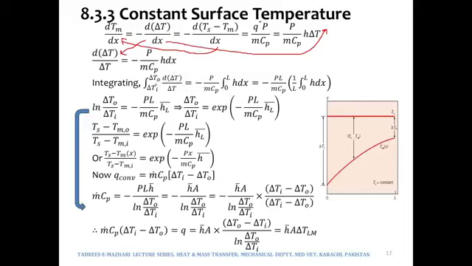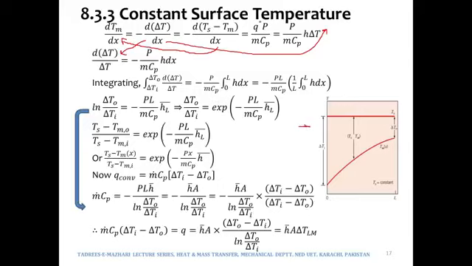if you take a look at the limits over here, the limits are delta Ti and delta T naught. Now what is delta Ti and delta T naught? You may call delta Ti the delta T at inlet, and delta T naught the delta T at outlet. Delta T means temperature difference. So it is the temperature difference between Ts and Tm at inlet, and similarly delta T naught means the temperature difference between Ts and Tm at exit, at outlet. This is what has been shown over here